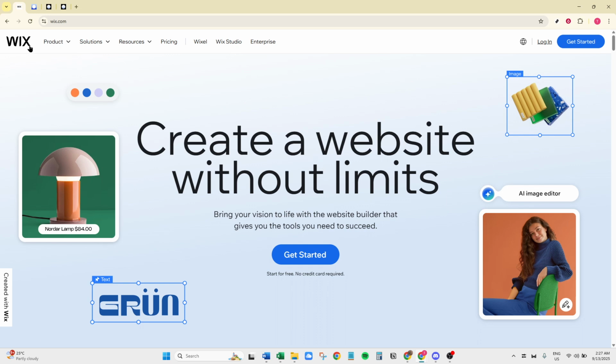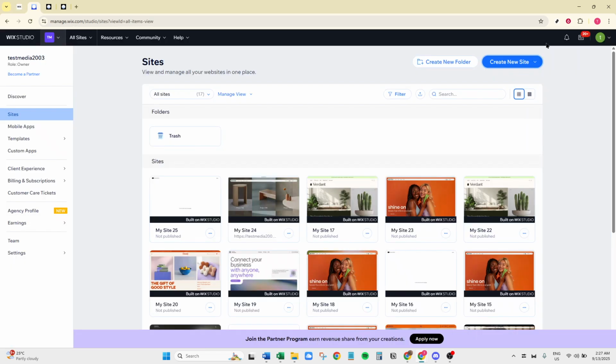To begin, you'll need to head over to the Wix website. If you already have an account, great! You can log in with your credentials. If not, you'll need to create an account, which only takes a few moments. Follow the prompts to enter your email and create a password, or you can use one of the social sign-up options if you prefer. Once you're logged in, open the website project where you want to create your event.